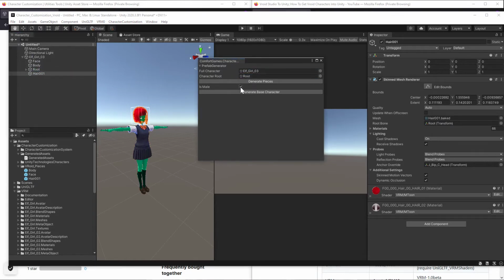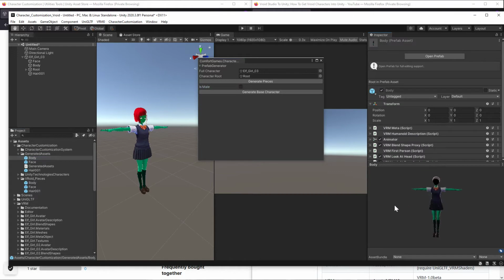Now take the elf girl, take the root. Remember that she is a female, so we gotta toggle that off to make sure that we're properly referencing stuff. And now we can go and generate pieces. So we generated pieces. Now we look at the new body. This is the green skin and school uniform body, and this is the green skin face,